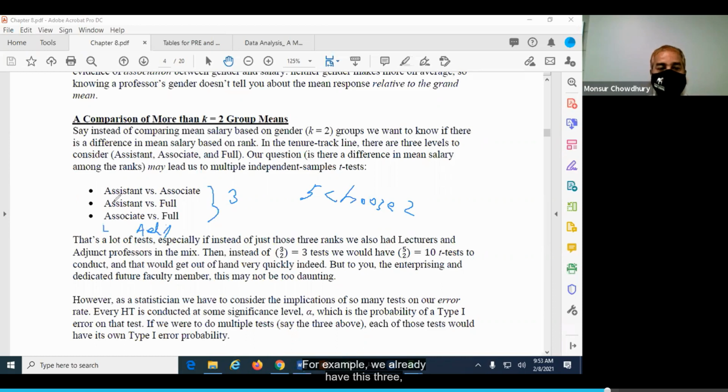So for example, we already have these 3, we can say assistant versus lecturer, assistant versus adjunct, then associate versus lecturer, associate versus adjunct, and then full professor versus lecturer, full professor versus adjunct. So we can have 10 total tests. Now if you have more categories, we have to do more tests. Now the question is, how can we do this? So this is the first part that we have to know.